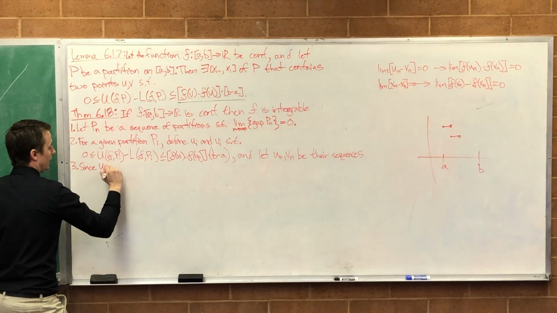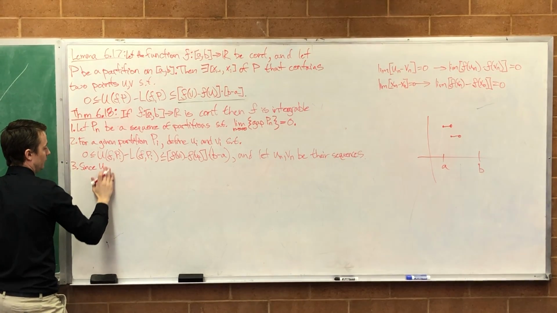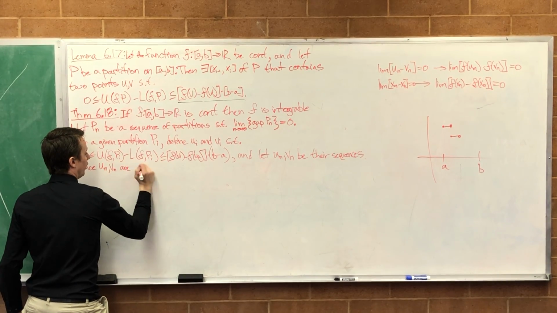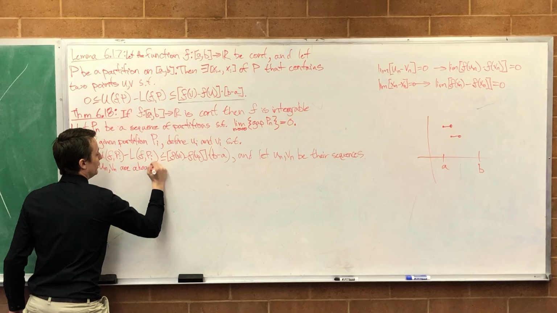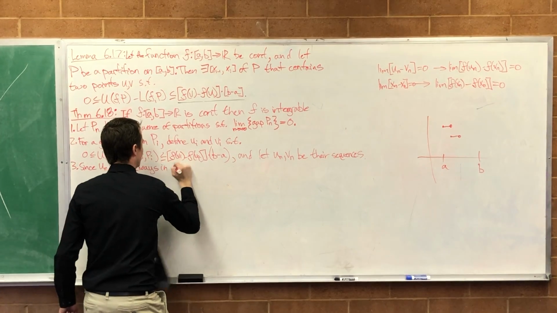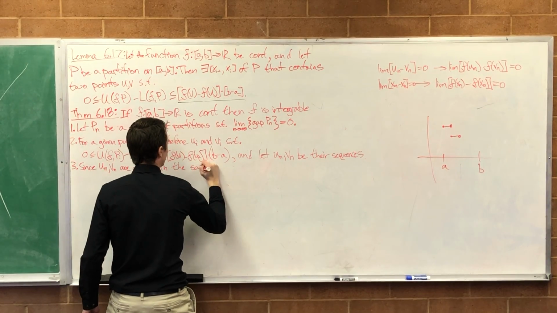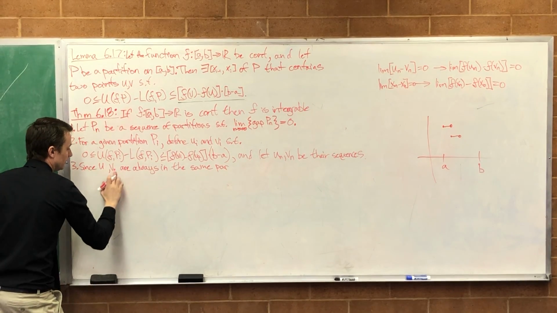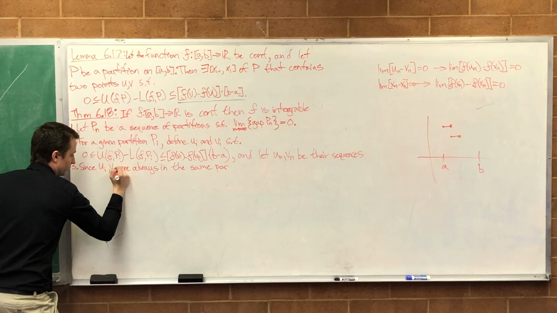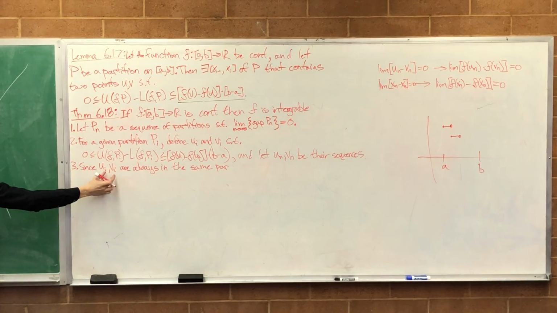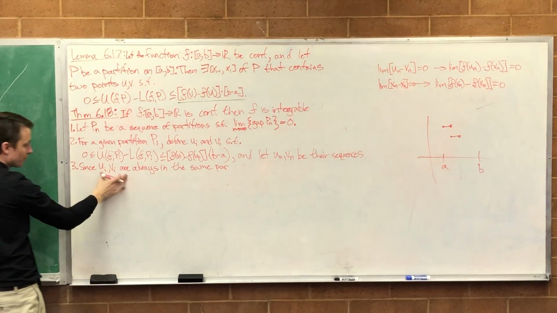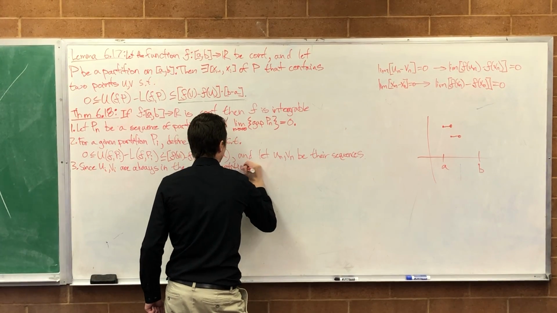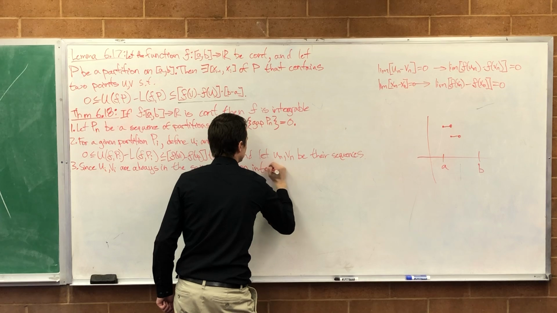We'll use u sub i and v sub i here and use the n's to reference the sequence rather than a particular one. Since for a particular u sub i and v sub i, they're always in the same partition interval,